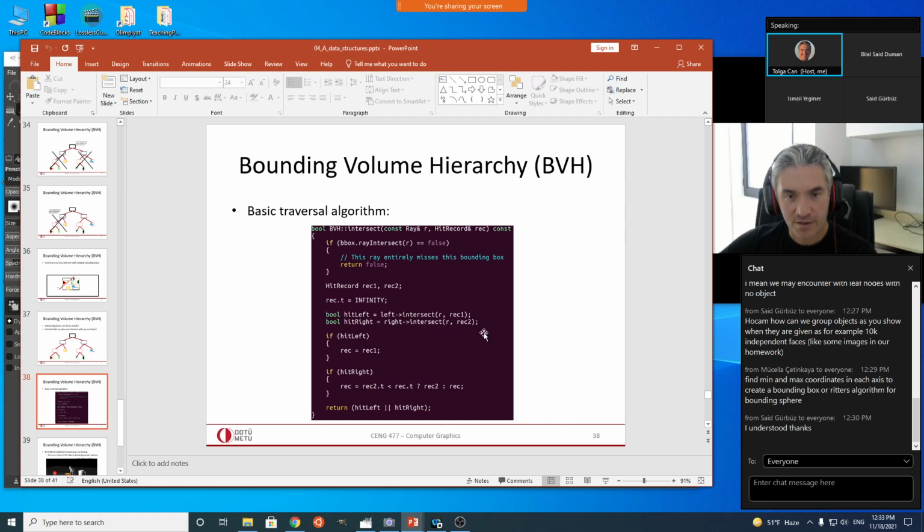And here is a traversal algorithm. We are out of time. I'm just going to quickly finish the remaining set of slides. We have like 3-4 slides. So the traversal is really easy. We just test with the box first. If it's false, we just cut out of recursion. If it intersects with the box, we then